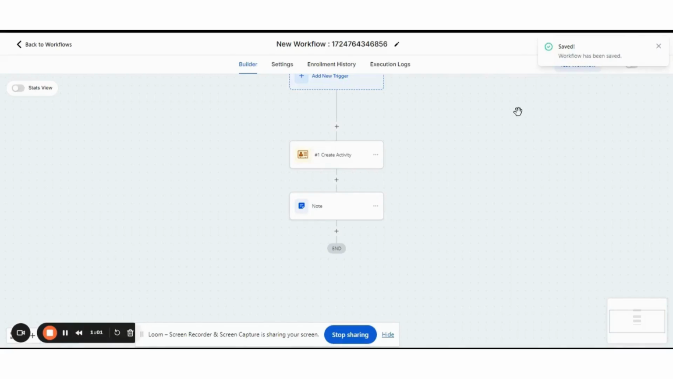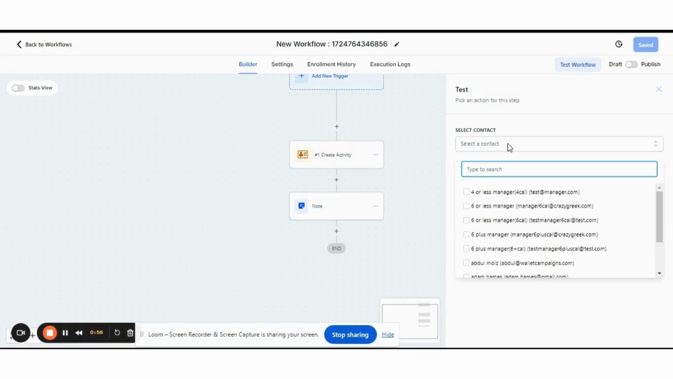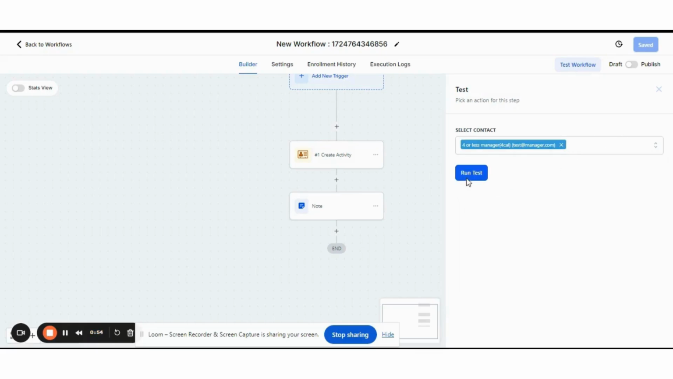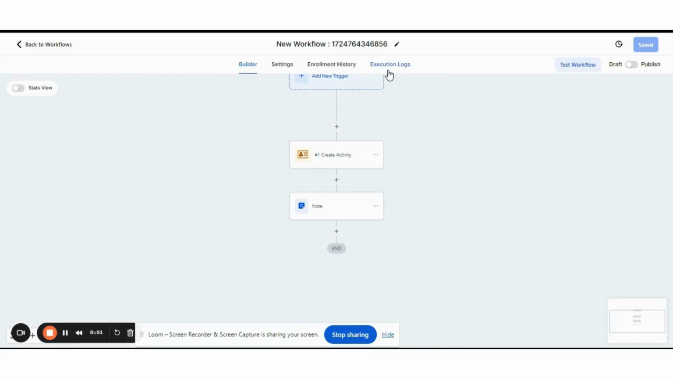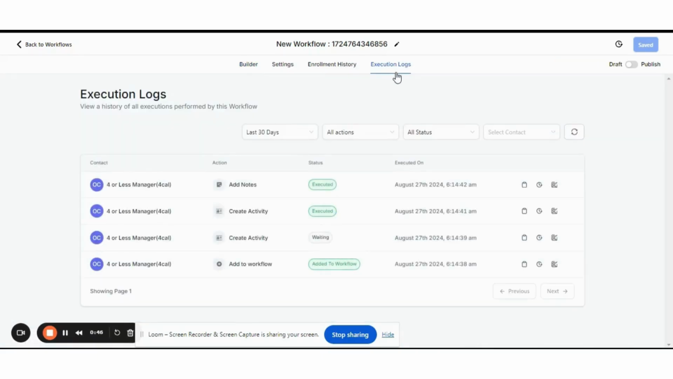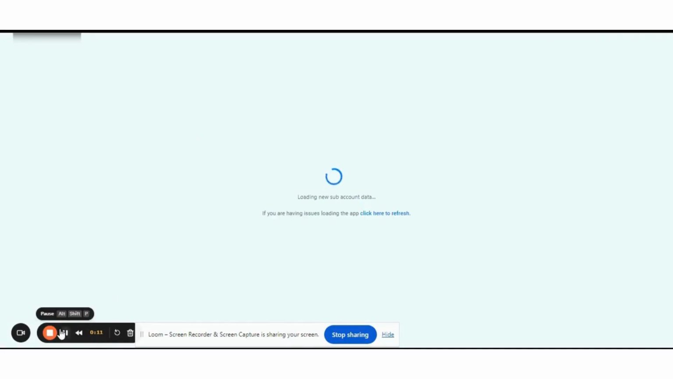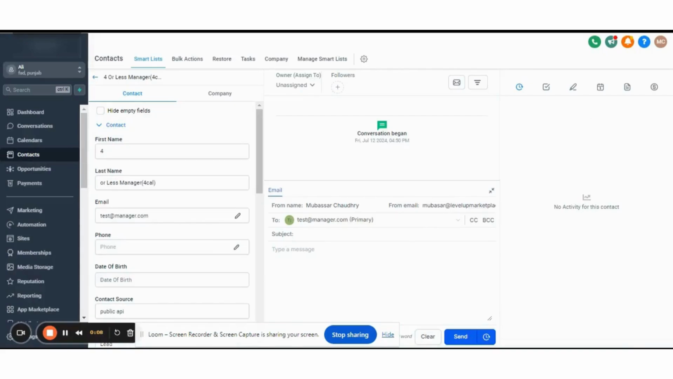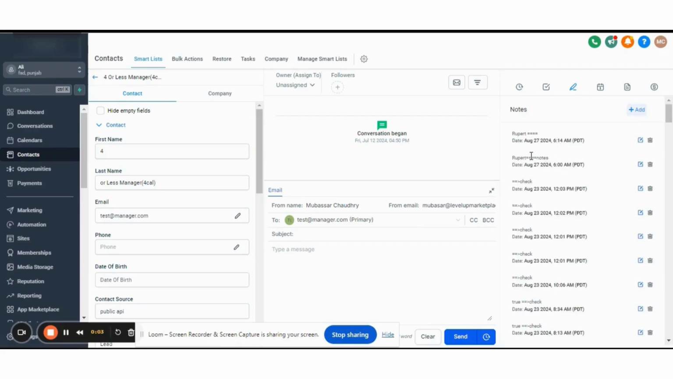After that, let's just test it. Run the test. Head towards the execution logs. Click on it. Taking a while right now. Let's just test the notes. Here it is. Like you can see how it